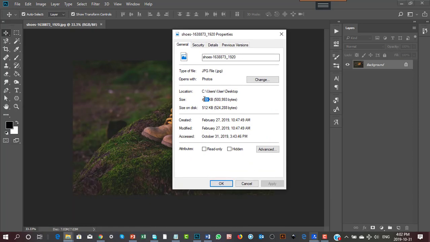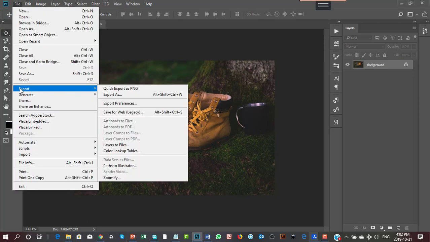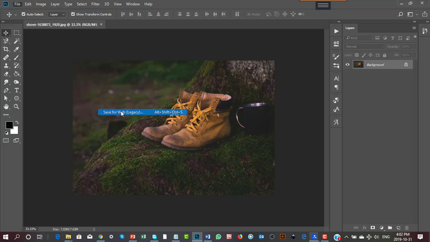This image is at 489 KB. It's big. It's not going to crash my website, but it's not too clever. So what I want to do is, there's that little circle I had earlier. Remember that? Sorry, I just have to wait for the little wheel to stop turning. I don't know what I did that made it do a trick on me. Okay, so now when I do this, File, Export, Save for Web,